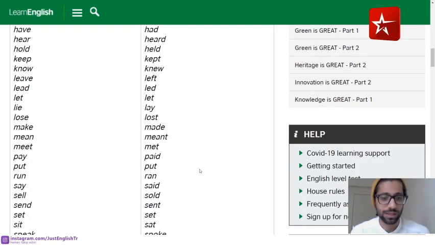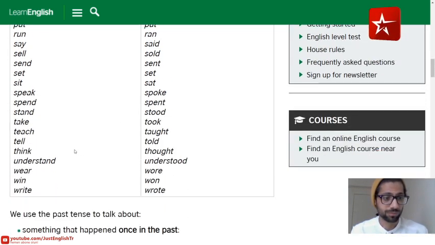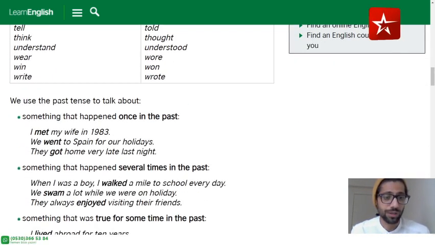Hold, held. And there are so many irregular verbs that have the same past and participle. So it will not be quite confusing for you. So here